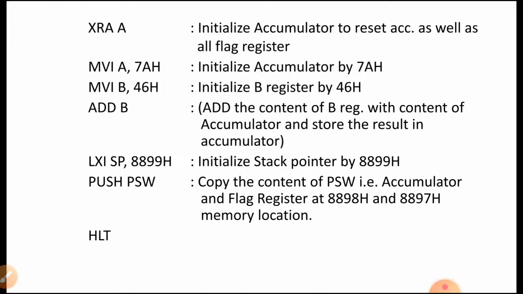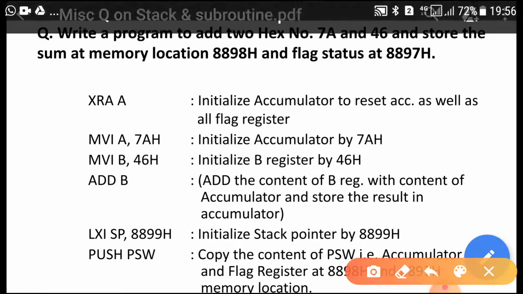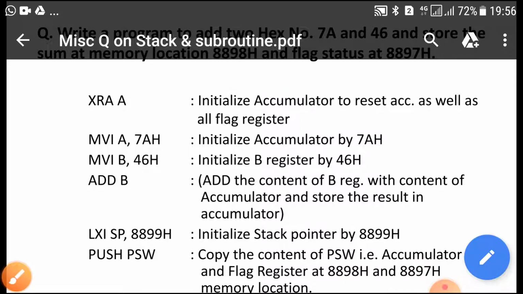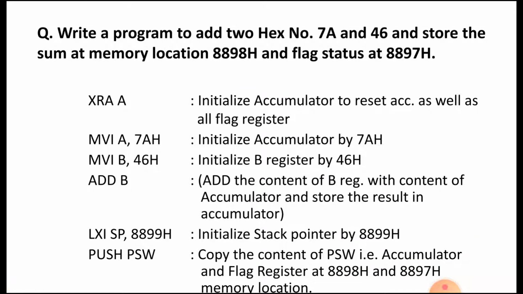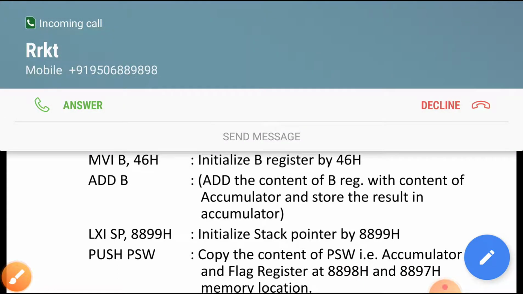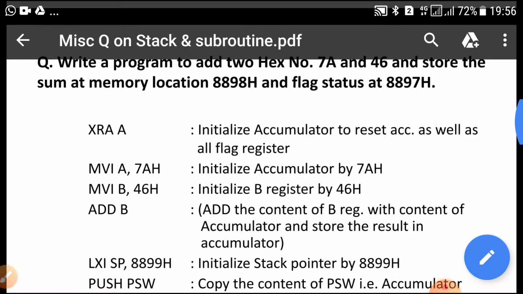Now we have to store the sum which is available in the accumulator into a certain memory location. That memory location is 8898, and the flag register has to be stored at 8897.